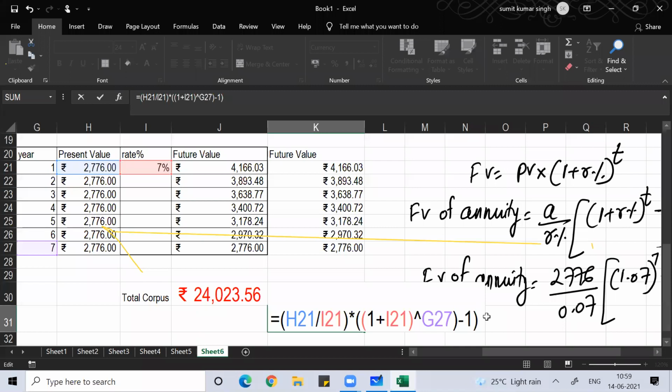S212776, that is your present value. You're finding future value of annuity, right? Time period is 7 years. A divided by R percent. R is 7%, so I21, that is 7%, into 1 plus I21 to the power 7. Correct. And then